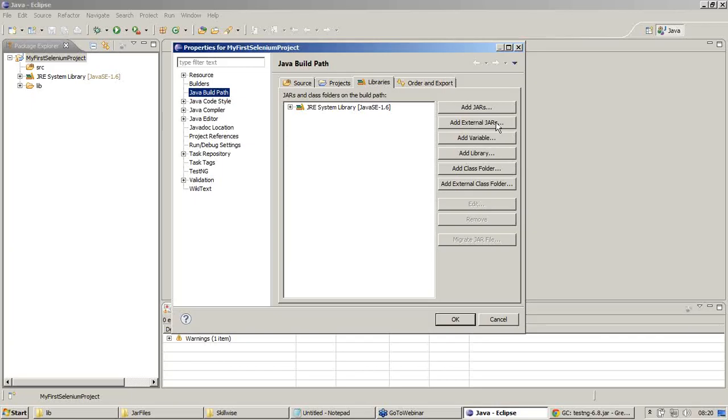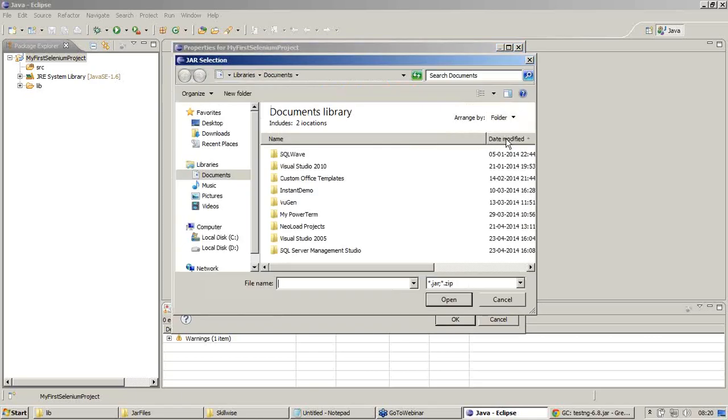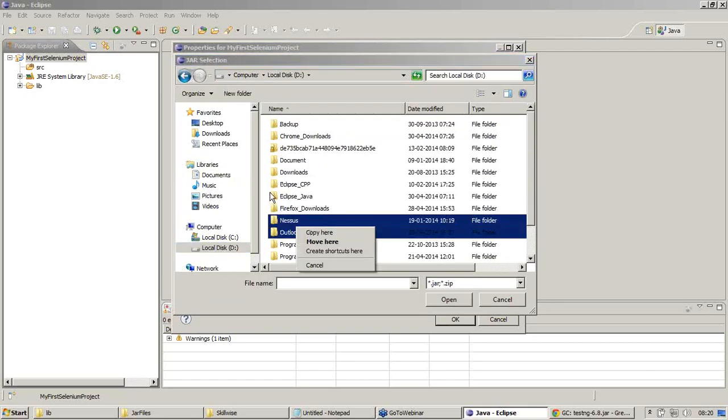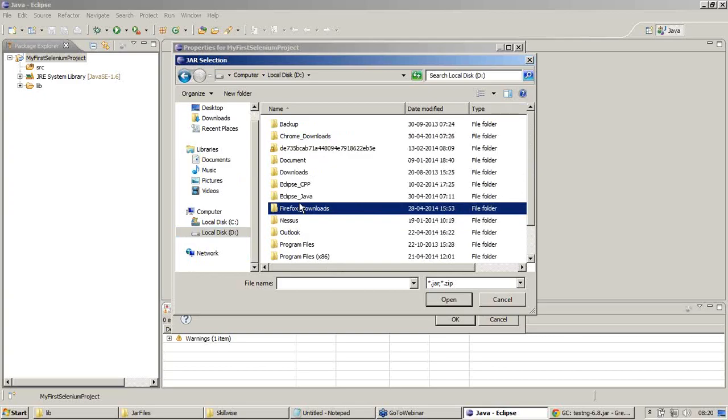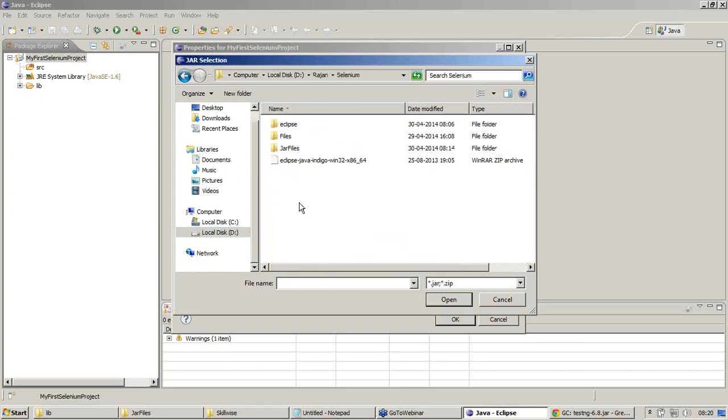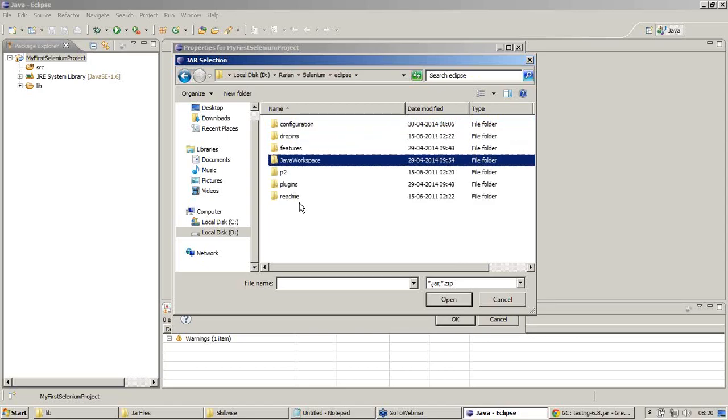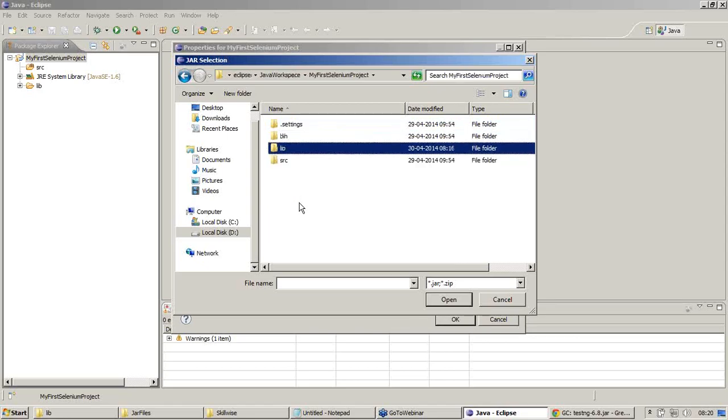Now I'm going to say add external jars, because whatever we are trying to do now is an external thing to Eclipse. The moment I click on that button, I'm able to see a browse window. I'm navigating to the folder where I created the lib.